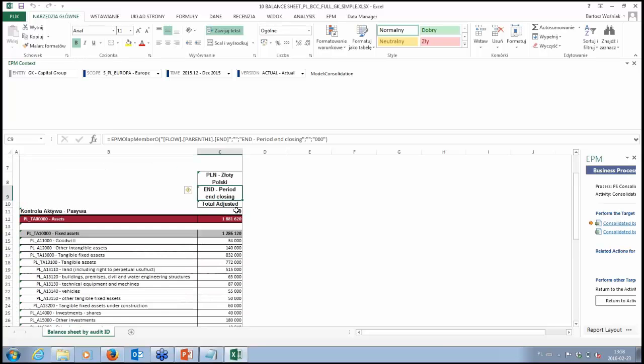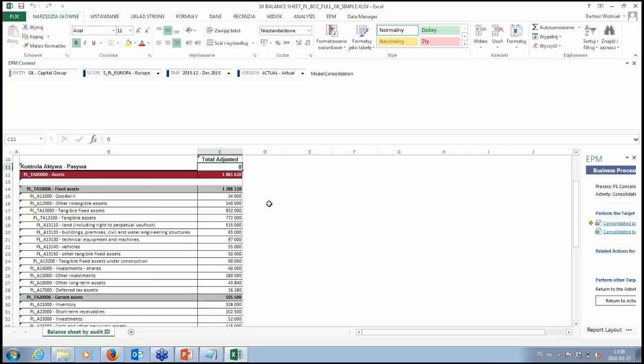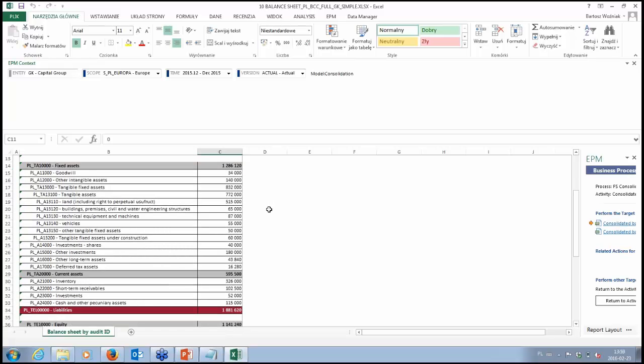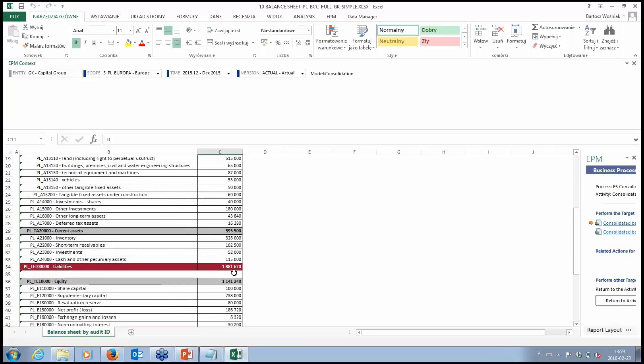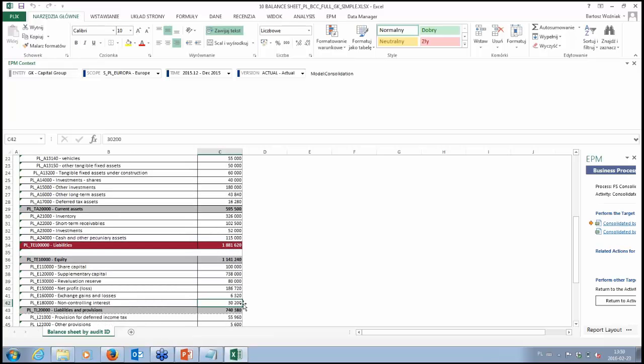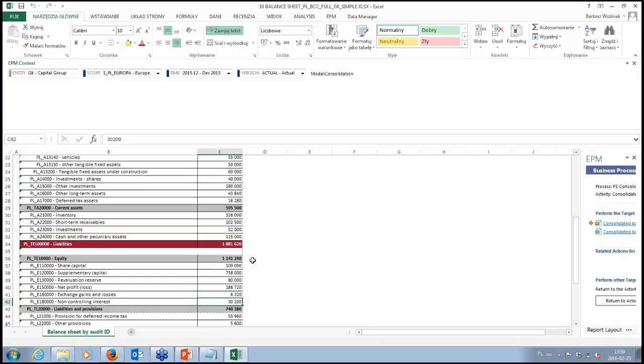So as you can see, everything is correct because we have assets equal to liabilities. We will also, I think, have, yes, as you can see, we have also some non-controlling interests. So this indicates that we have this minority interest correctly included.